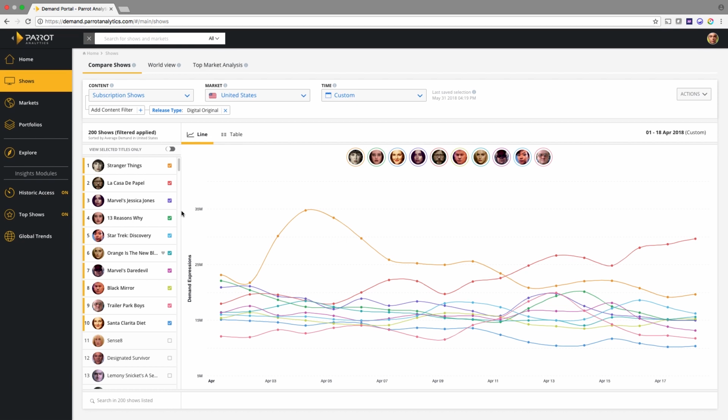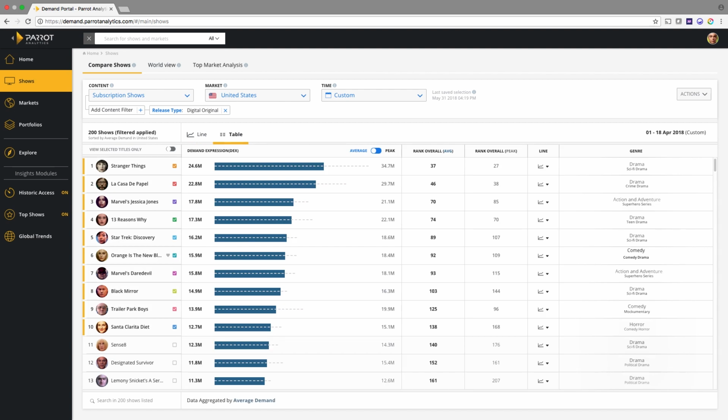Currently, we've been viewing this data via the time series plot. By switching over to the table view in the bar charts, we can see the average demand each series drives in the selected market over the selected time. We can also see the peak demand, or the highest demand the series reached over the time period, illustrated by